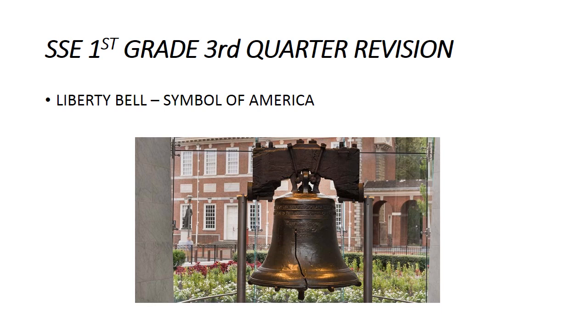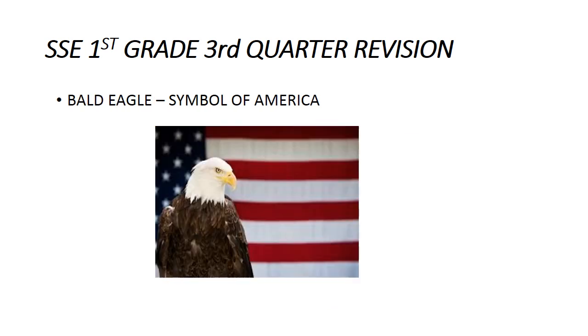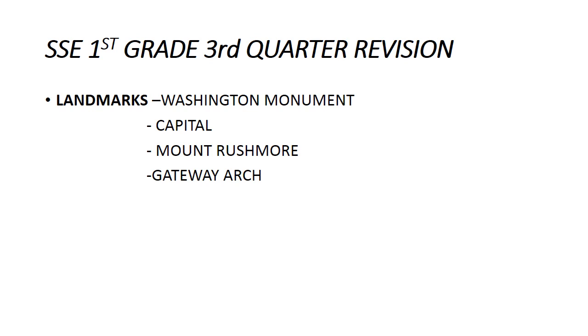We will continue with symbols of America. One of the most important symbols is the Liberty Bell. Another symbol, the bald eagle. So just to know that an animal as well can be a symbol of a country. American people chose this bird to be a symbol because it's strong, very beautiful, with a long life. So they consider our people strong, beautiful, with a long life, and they chose this bird as a symbol of the country.